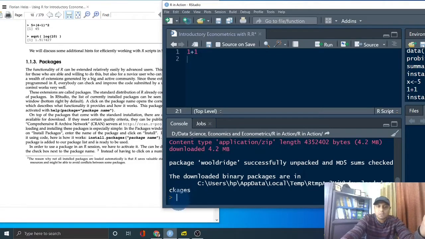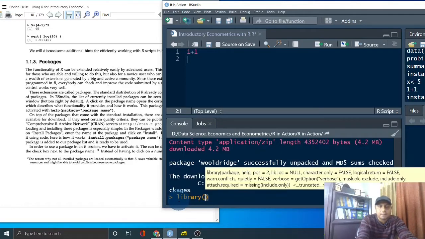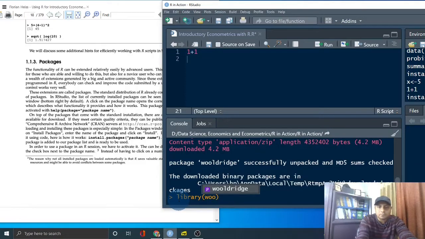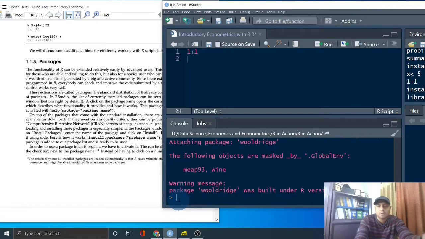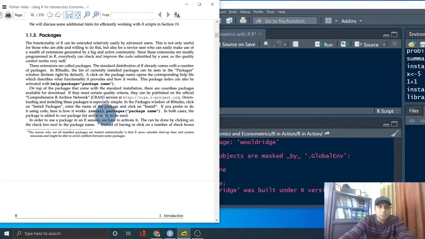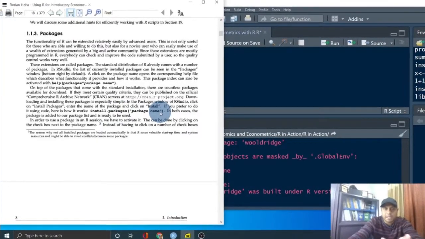Once you install the package, you need to install it only once, and then go to library. Library Aldrich, it's already come up, so now your R session knows that you are going to use the Aldrich package, and library is calling the package for your session. I already have done it, and this is how you can install the package. If you look at install.packages with the package name, in our case Aldrich, I already have done this.